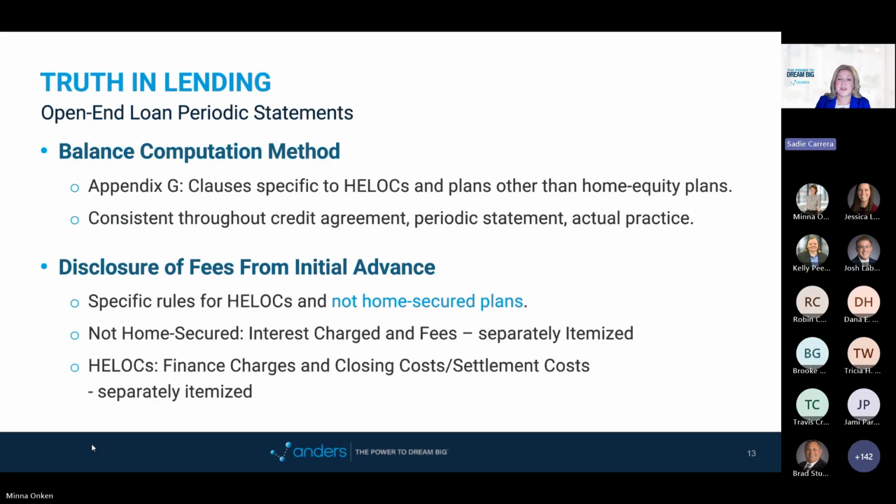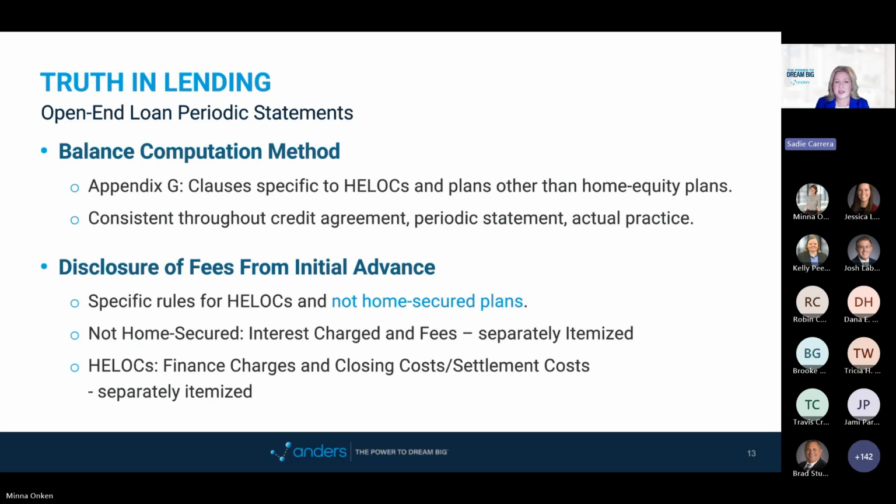Moving on to the disclosure of fees that we pay from the initial advance. Now, this has long been a tricky issue. We know that. There are specific rules for HELOCs and specific rules for not home secured plans. The requirements of disclosing interest, the finance charges, and other costs all differ slightly from HELOCs to not home secured